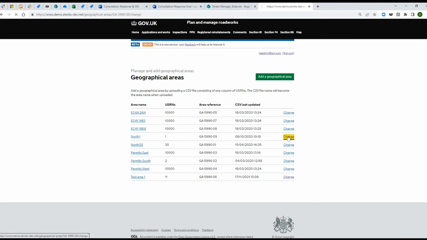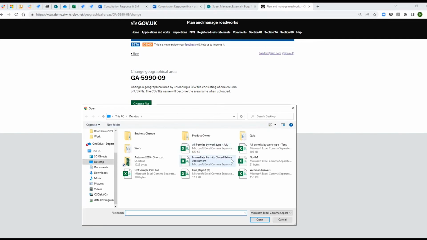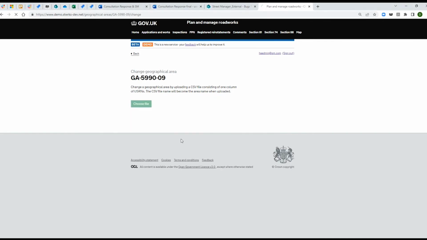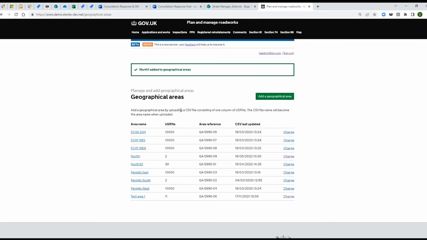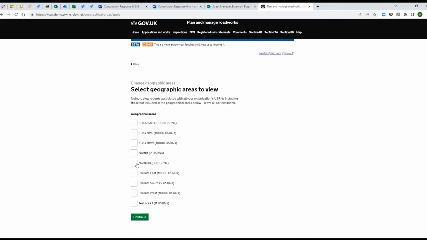I'm going to choose file, select it, open. You can see now we've kept the same name. So it's still North 1, but it's got 2 USRNs in it. So now if we go home and I choose that area and continue,